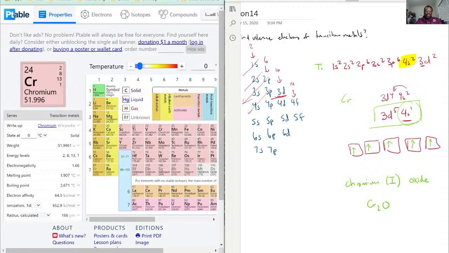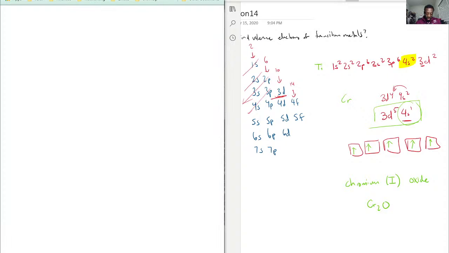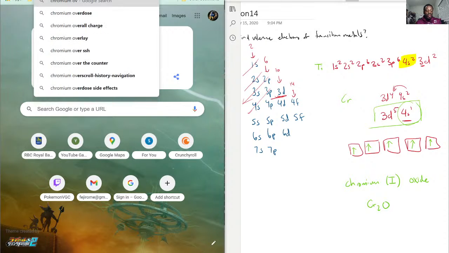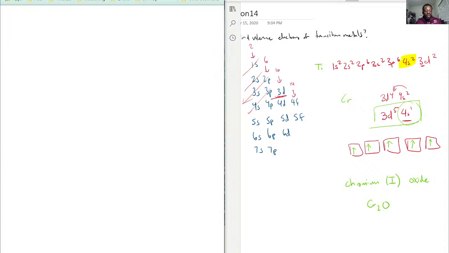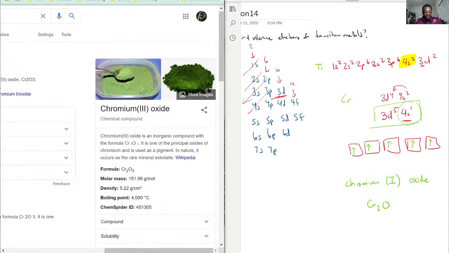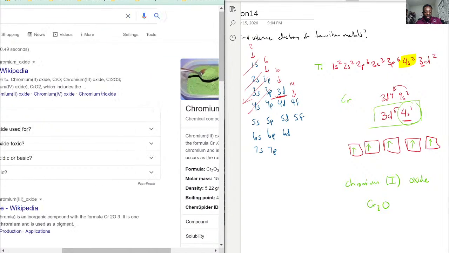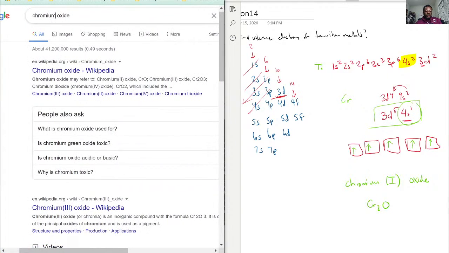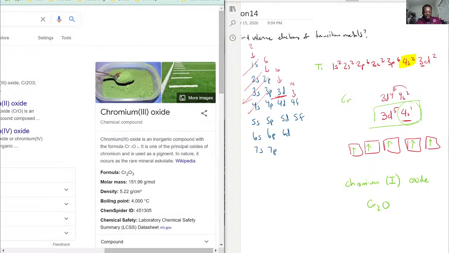So if I typed in, hopefully, chromium oxide, Cr2O3. Oh, that's because that's chromium 3 oxide. But if we typed in chromium 1 oxide,